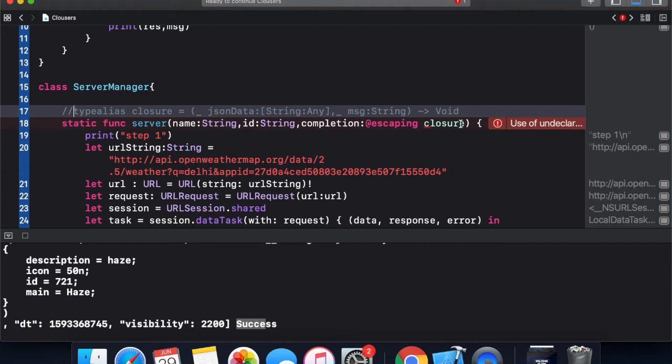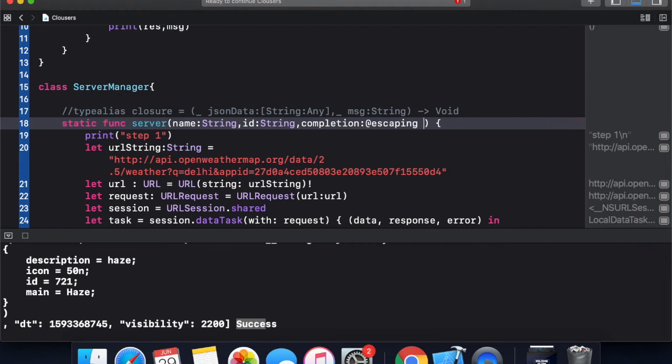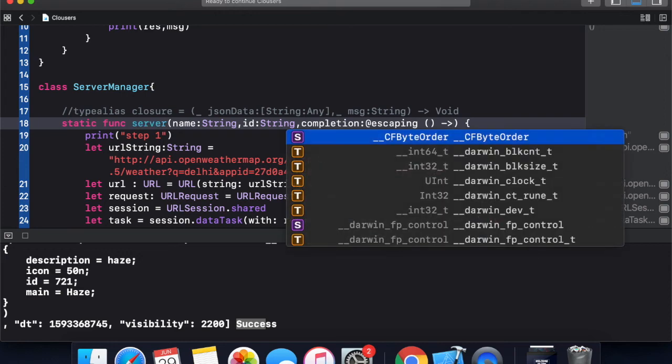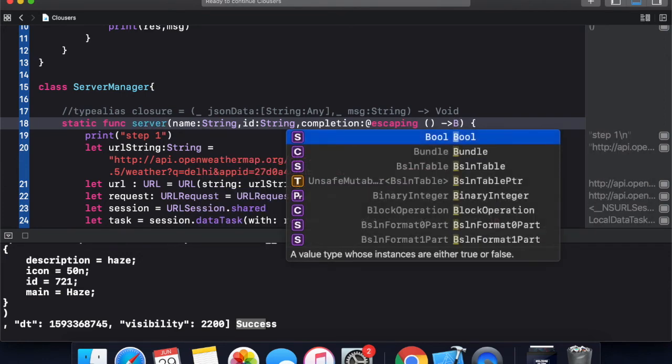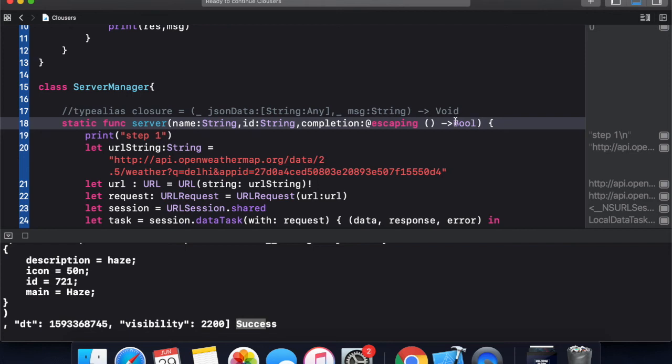For that, this is the parameter, and it will take no parameters and it will return a boolean value. Okay, this is the closure expression which I am passing as an auto closure.